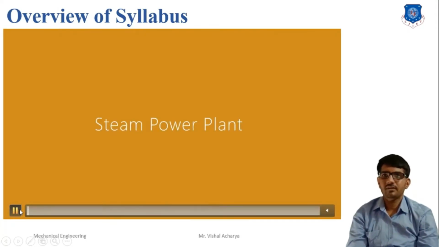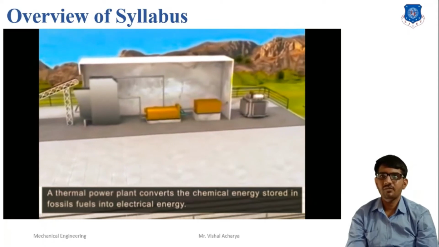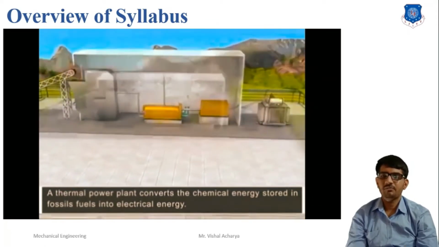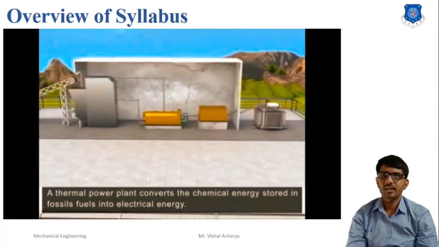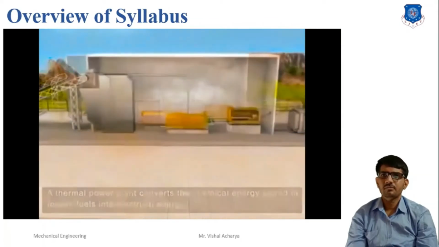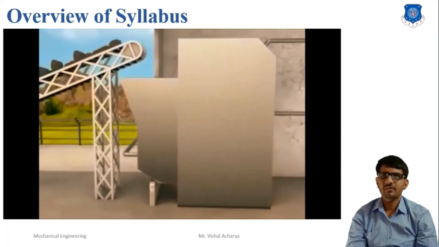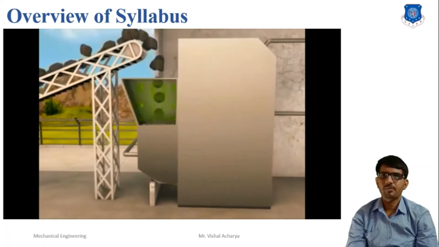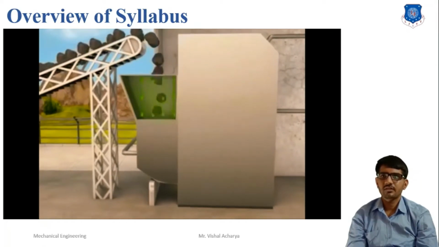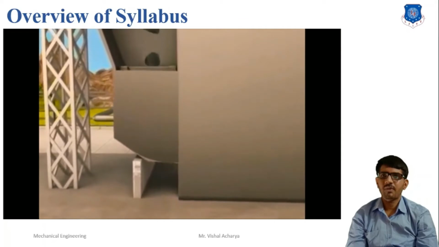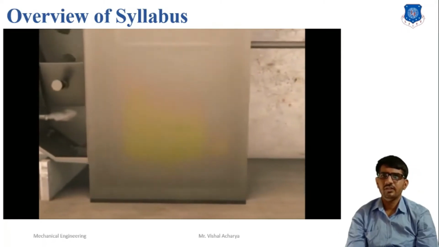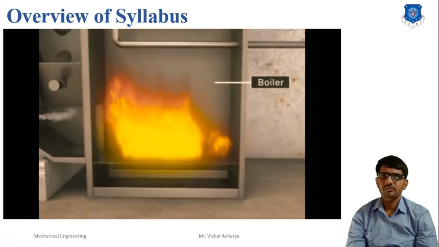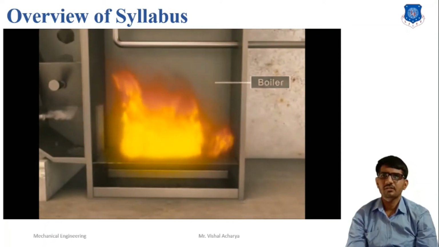First, the steam power plant. A steam power plant is a place which converts the chemical energy from fossil fuel to electrical energy. Here the fossil fuel is coal. First, we will discuss the coal transferring system. Coal is transferred from the coal mill to the furnace. First, coal is converted into powder or pulverized form for higher combustion efficiency, and in the coal dryer, hot air or hot gas is passed over the coal.